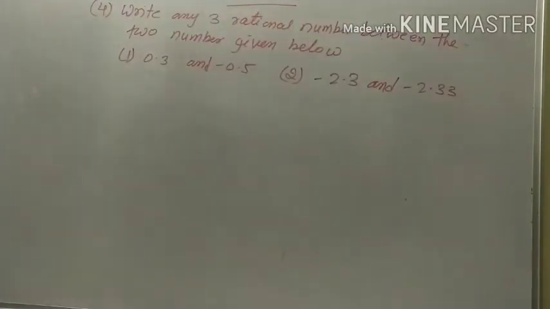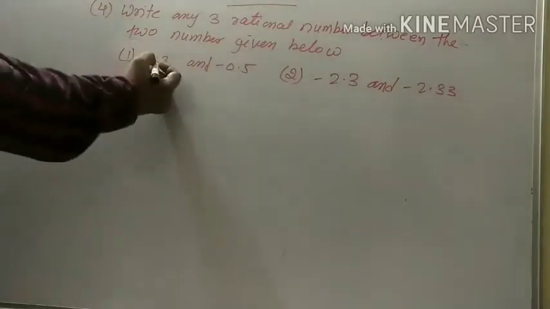So student, our last question of this exercise is what? Write any three rational numbers between the two numbers given below. The first question is what? 0.3 and minus 0.5. So here 0.3,